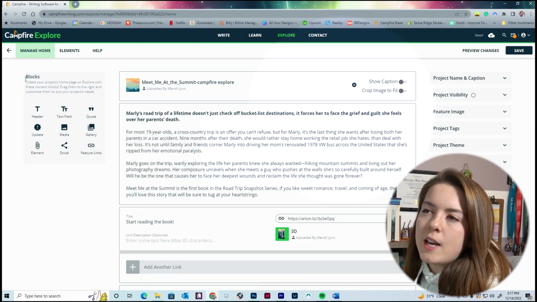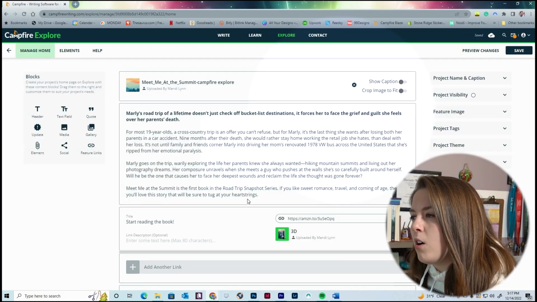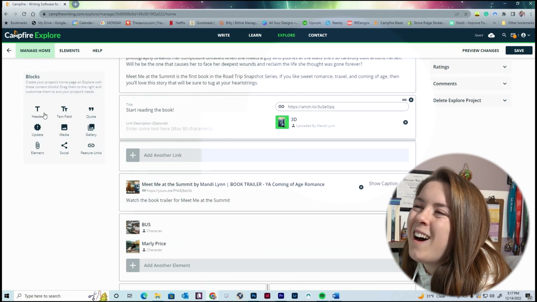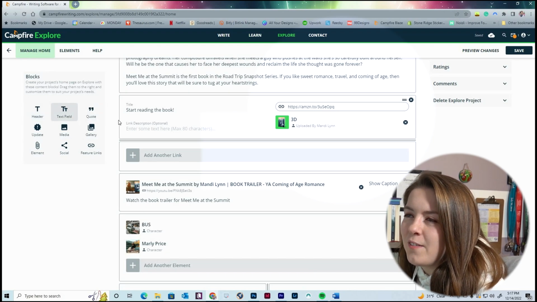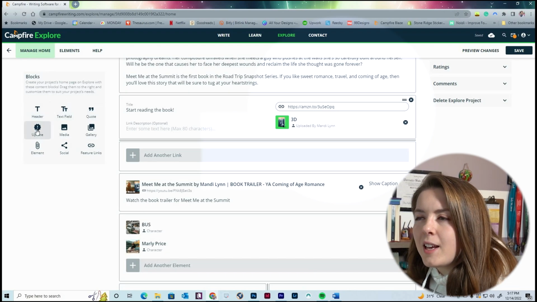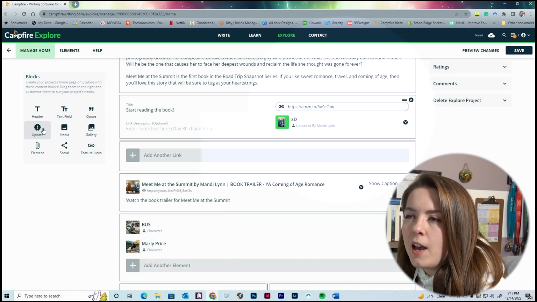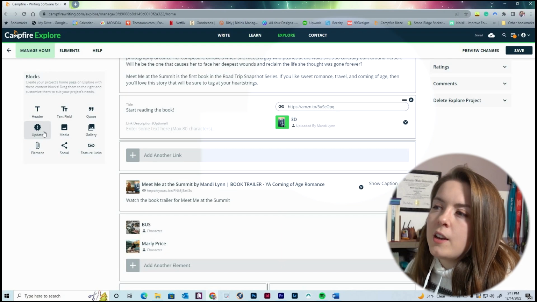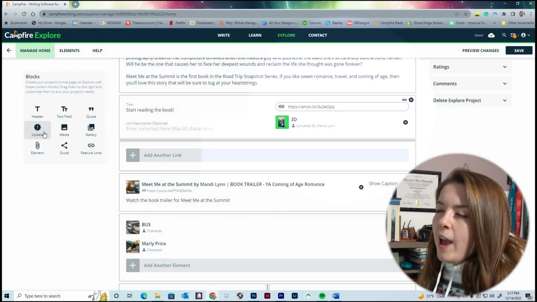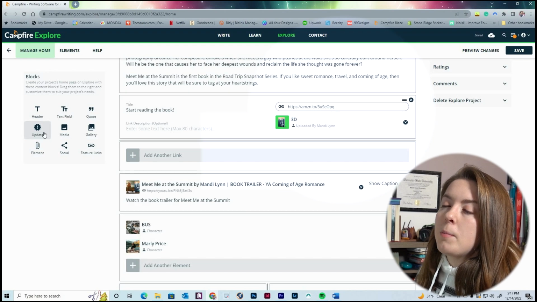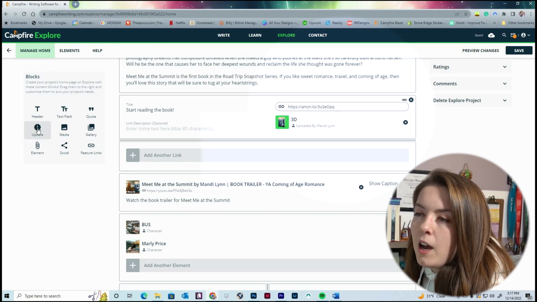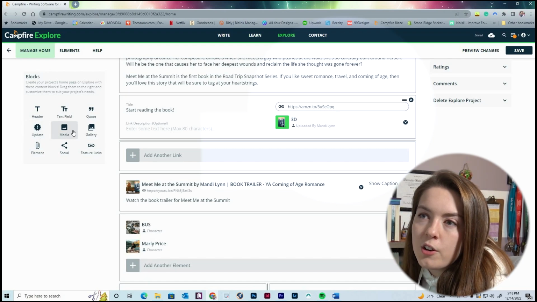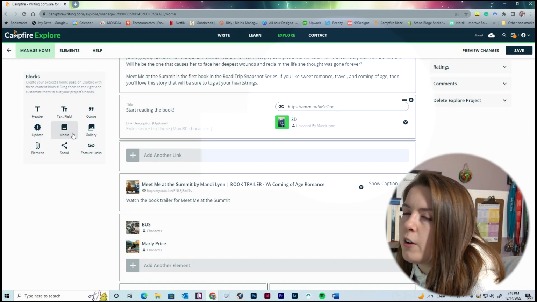So over here, this is just how you add your blocks in, and these are all your blocks. You can see they're visually blocks. You can add in headers, text fields, quotes. The only thing I guess we haven't really talked about yet is the updates. So if you have people that are following your story, if you're someone who's adding in a new chapter every week for people to read, you can post an update section to let people know what you updated. Media, like I said earlier, is how we added in my book trailer,